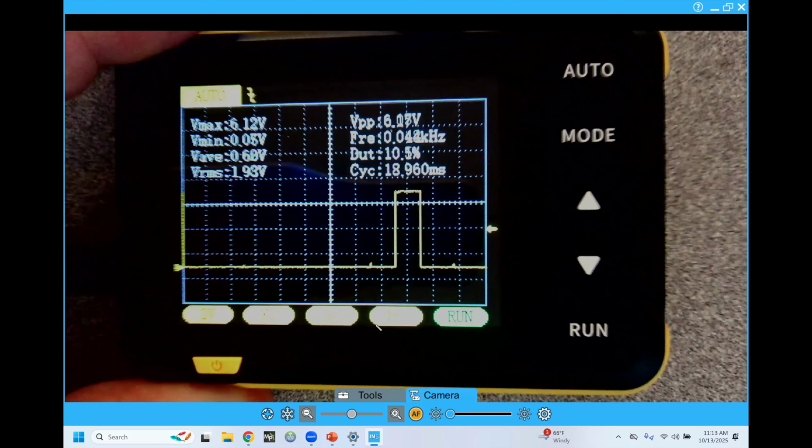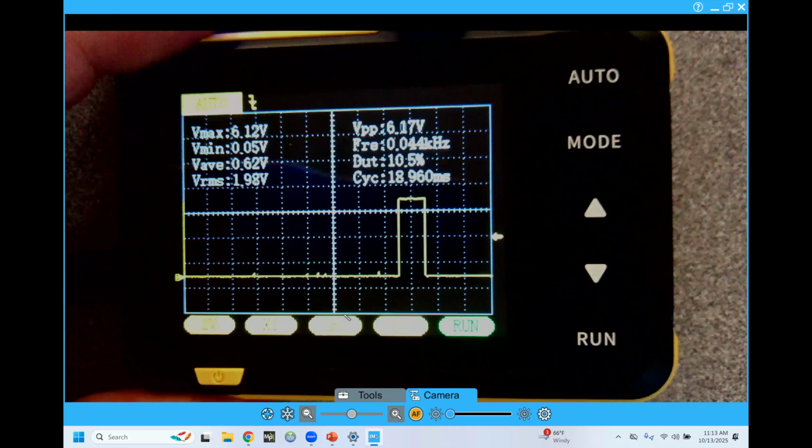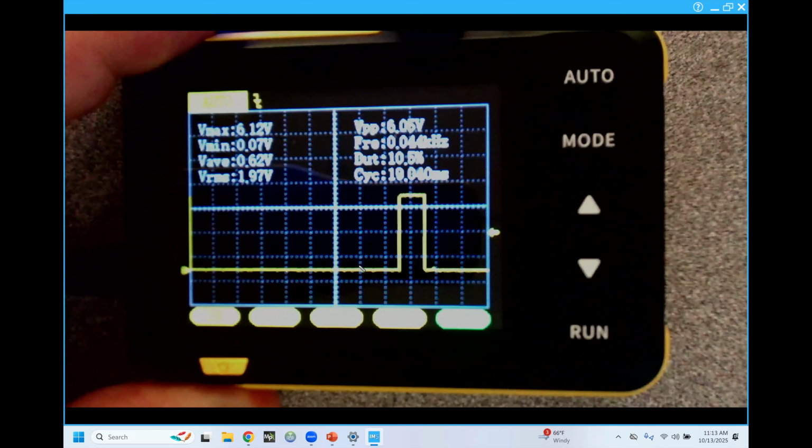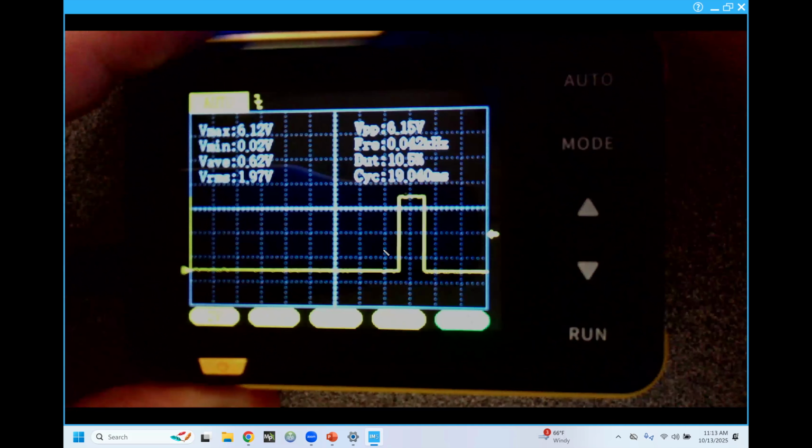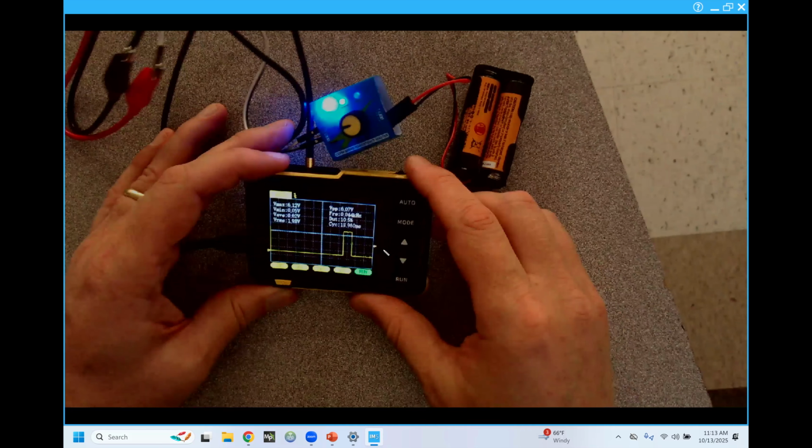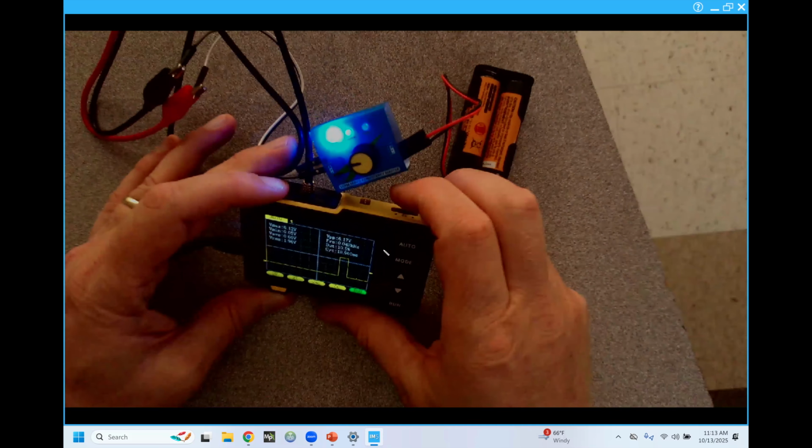Okay, I can't get it to focus, but each square is 2 milliseconds. So that's a 2 millisecond wide pulse. And we can see,